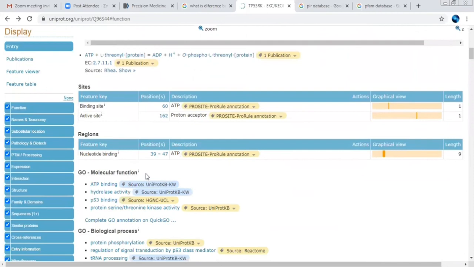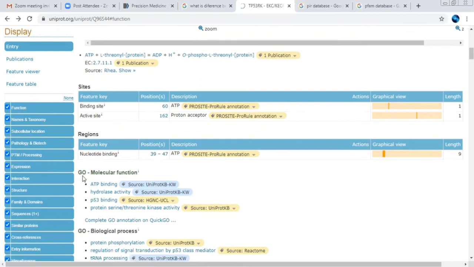Here you can get the binding site options, that is the active site or the binding site of that particular protein. This will be important for those researchers who are working in the field of drug designing. They really need to know the binding site of the protein, or the active site where the drug goes and binds. That's why the key features are provided as the binding site or the active site, and the region is called the nucleotide binding region. They have provided the binding region based on the position in the particular sequence, so you will get the position of that.